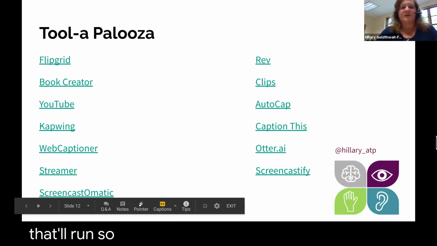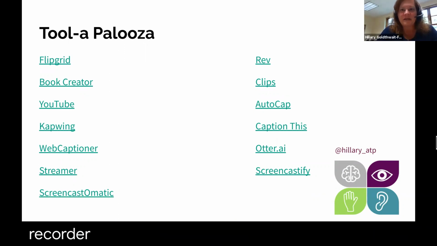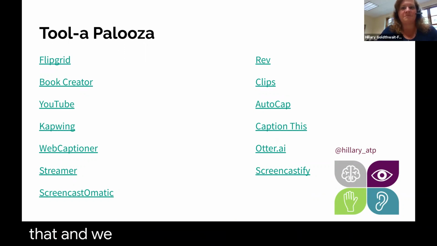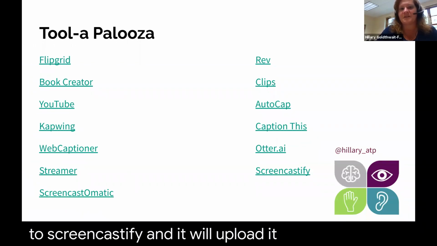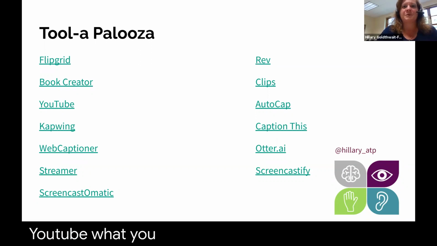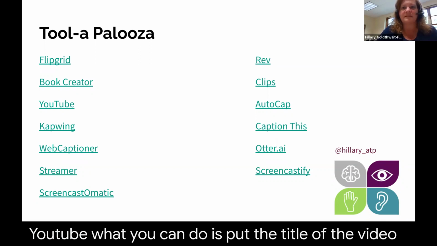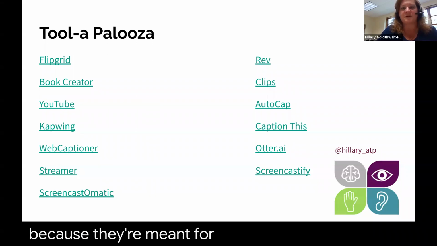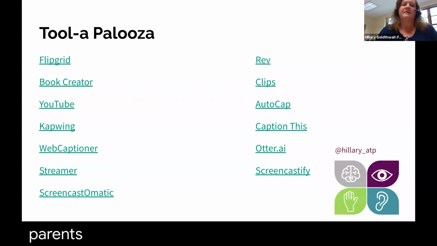So Screencastify we're using to screen record our screens. What we do is that we then take that and we upload that video. It works right with YouTube, so you can connect your YouTube account to Screencastify and it will upload it straight to YouTube. What you can do is put the title of the video, how it's listed. I generally list my videos as unlisted because they're meant for specific either students or parents,